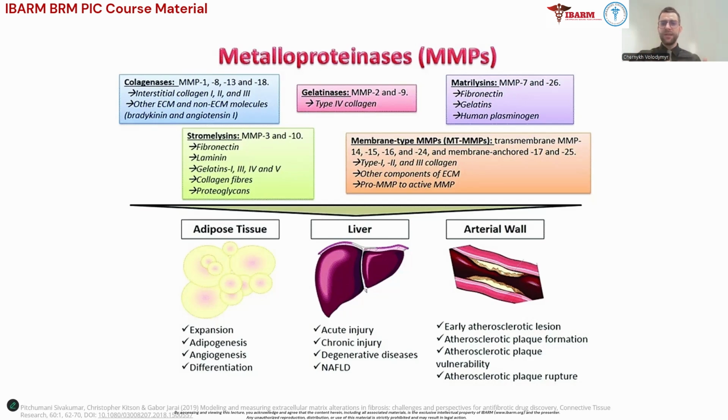MMPs are produced by multiple tissues and cells, and they're tissue specific. MMPs are secreted by connective tissue, pro-inflammatory, and other kinds of cells, including fibroblasts, osteoblasts, endothelial cells, vascular smooth muscles, macrophages, neutrophils, lymphocytes, and so on. MMPs are regulated at multiple levels, including microRNA expression, activation of proenzyme to the active form, and the counteracting actions of endogenous tissue inhibitors of MMPs.